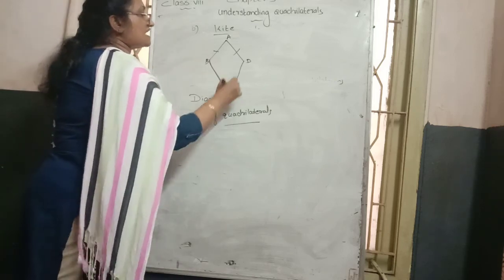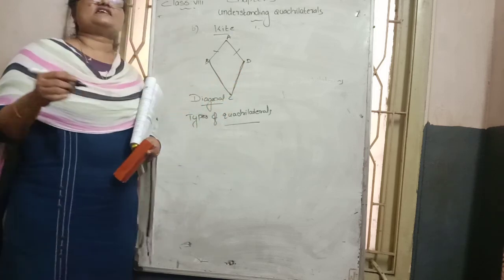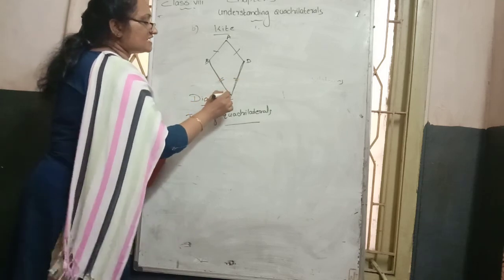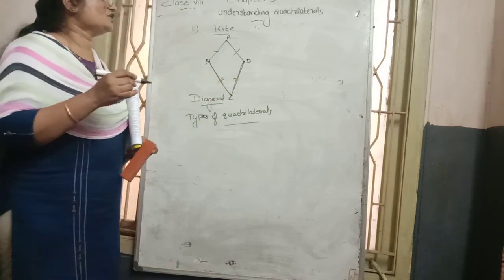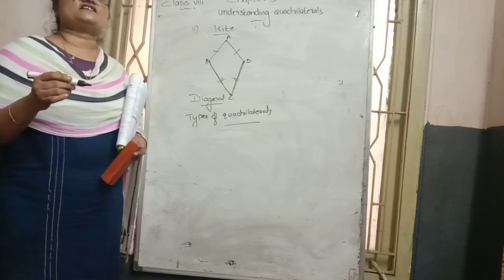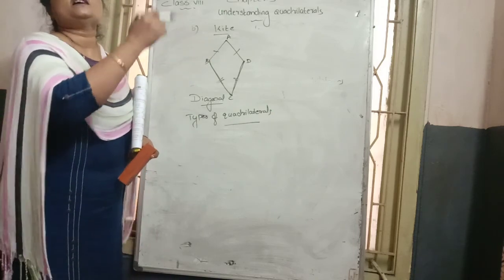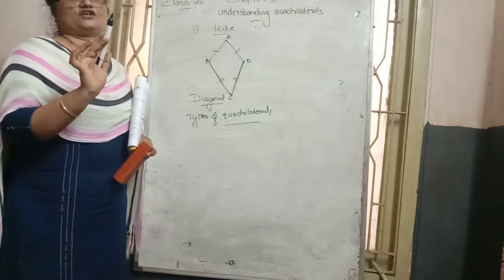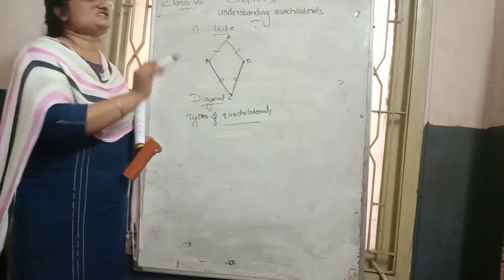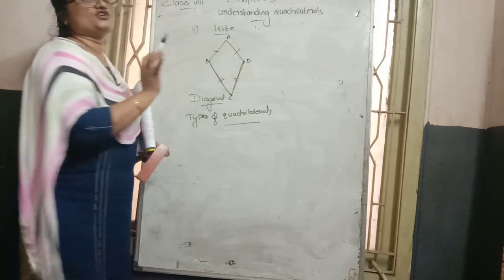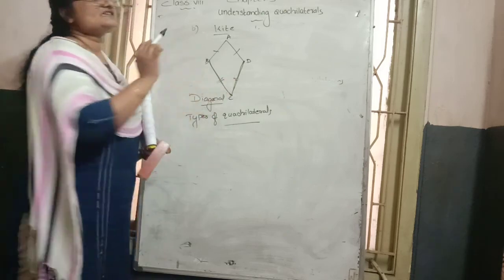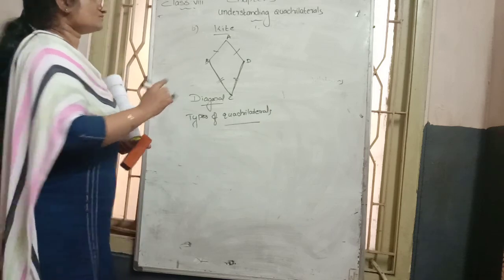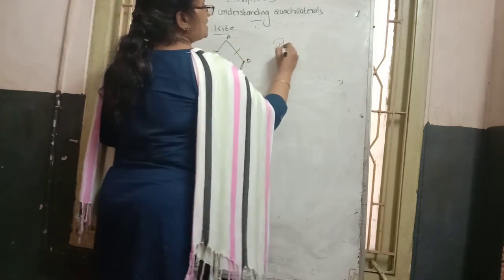In the same way, BC and DC are also adjacent. What is the reason? C is the common point for BC and DC. That is the reason. So only the adjacent sides are equal to each other. Not AB equal to CD, they are not equal. Then AD is not equal to BC. Only AB and AD are equal, and BC and CD are equal, not equal to the other sides. Okay. Then the next word is parallelogram.